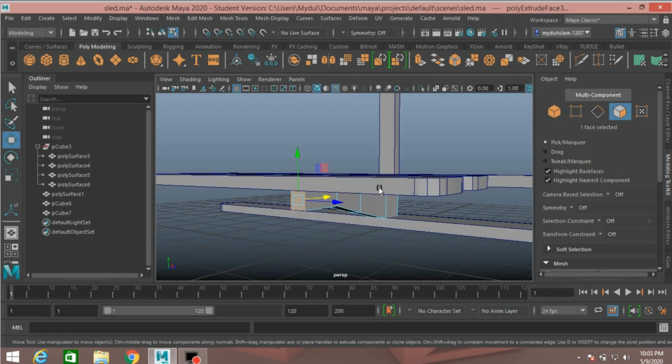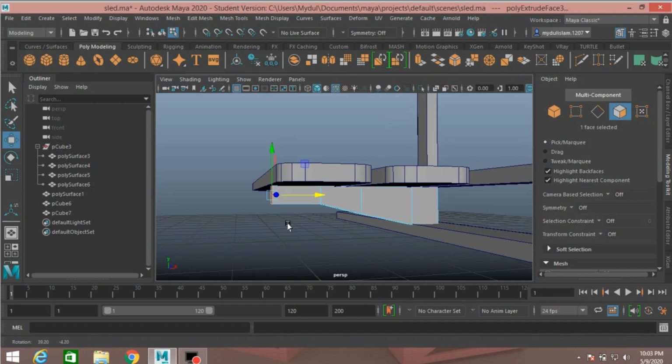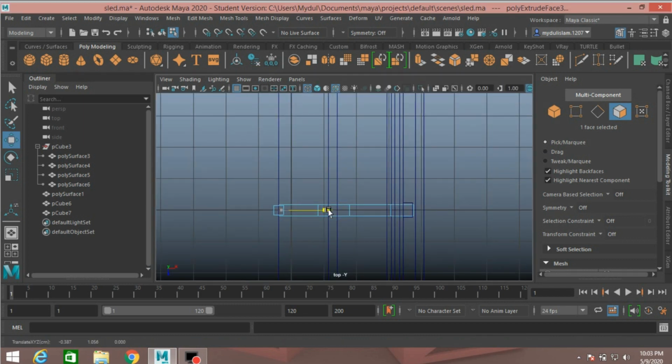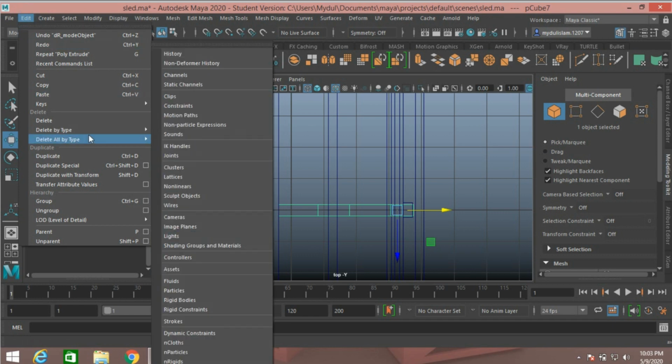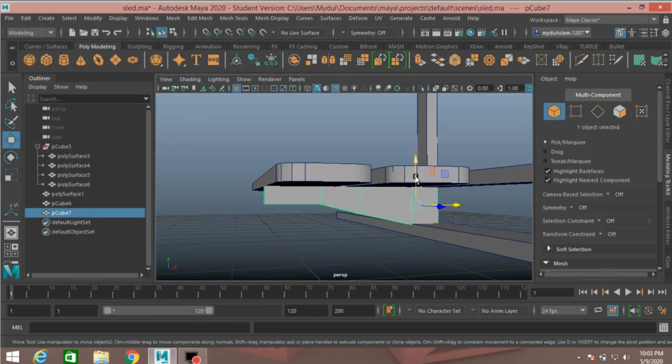Again go to perspective view and see. Go to top view and move it here. Again go to object mode. Now go to edit, delete by type, delete history. Go to perspective view.